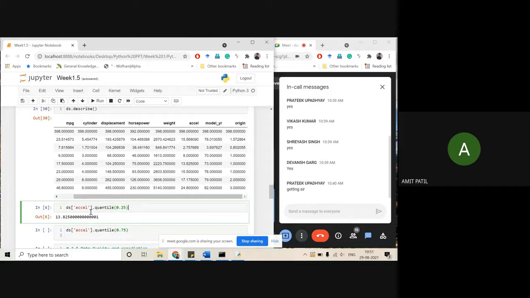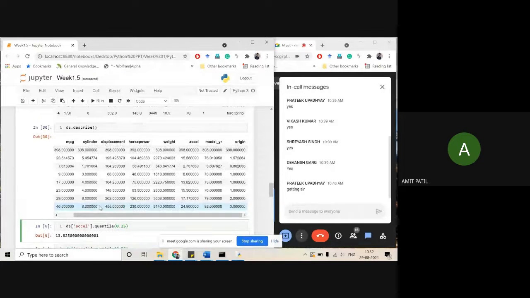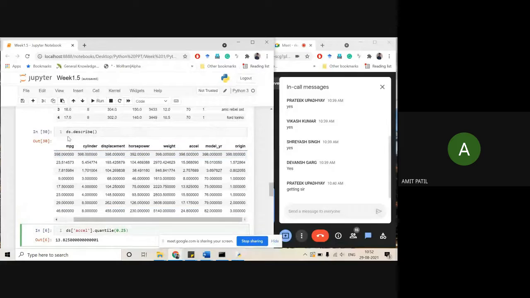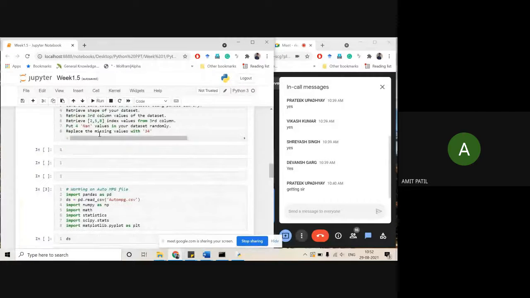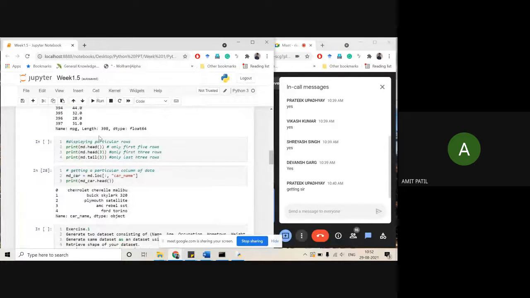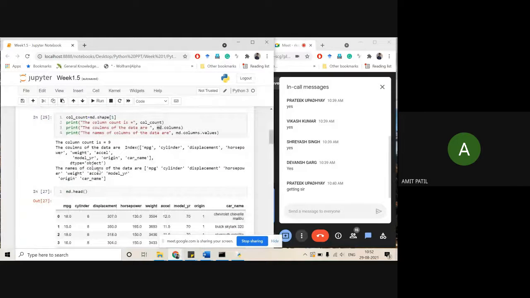Whenever you are working with a data frame, the variable from the data frame is called, and if you need to perform some operation on it, after the variable name you put a dot, and then your command. Similarly, here the variable name is given and then dot describe is there. But in NumPy, what will happen? You need to put it before, right?